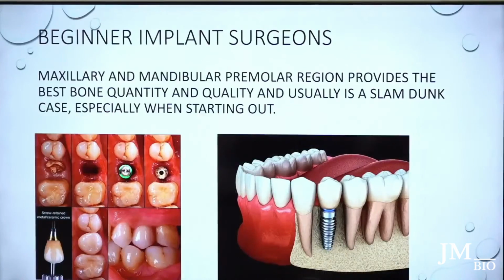So for the beginners out there, you have to start somewhere, right? So where do you